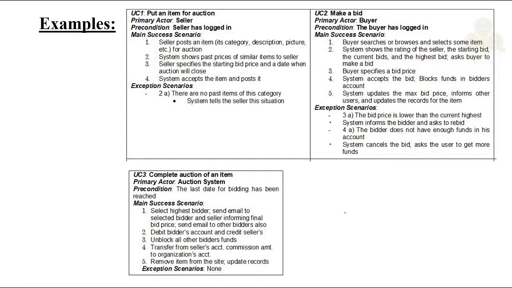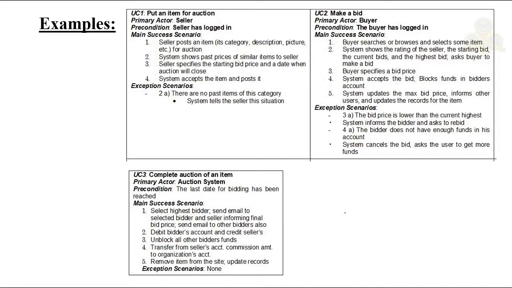Now in this system we have two logical actors, the primary actors. One is buyer and the other one is seller. Why do we have two actors? Because these two have different goals to achieve. Besides these two actors, we also have an actor which is the system itself. The auction system itself will be an actor here. Now, the financial system is another actor.